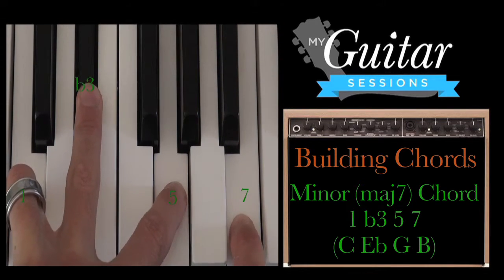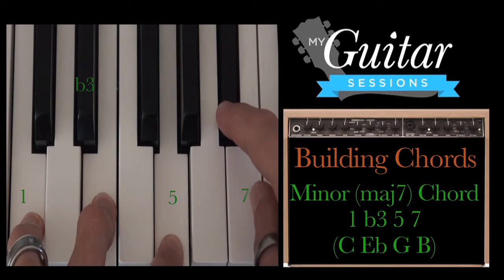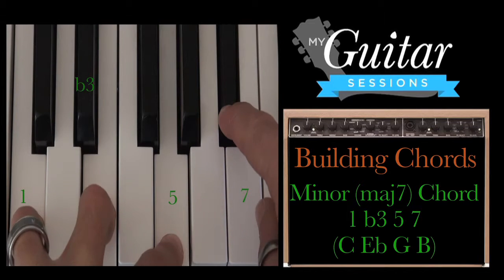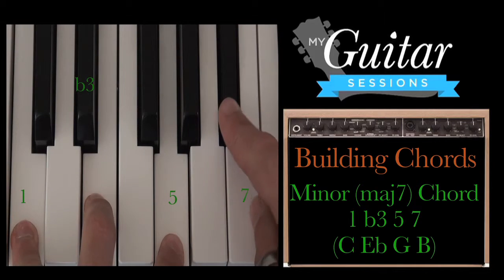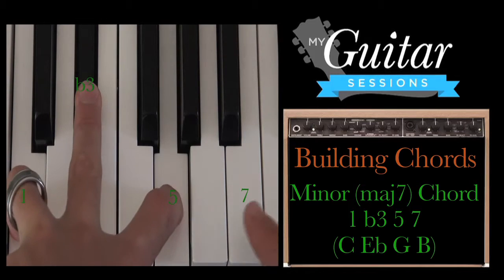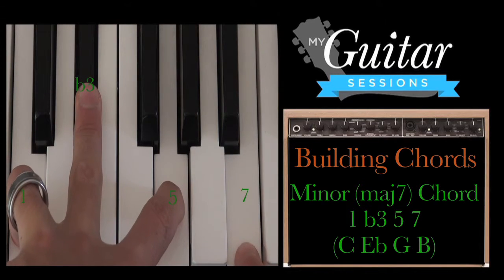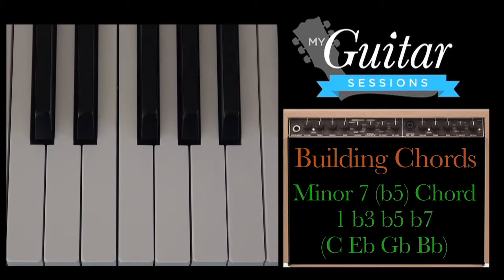But if we were to do the opposite and have a major triad with a minor 7 or a flat 7, we already have a name for this chord. If you thought about it already, I'll tell you now, it's a dominant chord. So a major triad plus the flat 7 is going to give you a dominant chord, while a minor triad plus the natural 7 is going to give you a crazy name of minor major 7. So anyway, good for the theory books. Moving along, we'll go to the next chord,